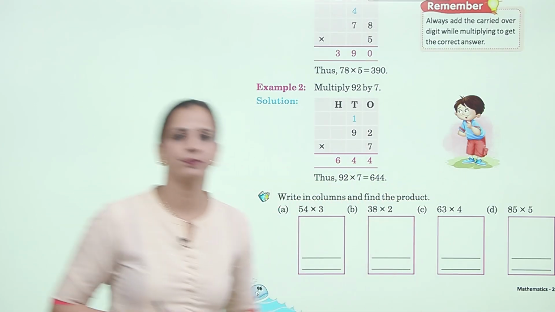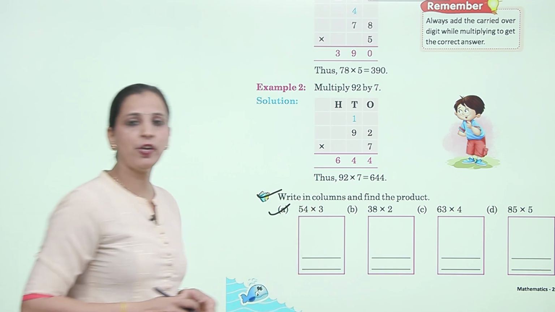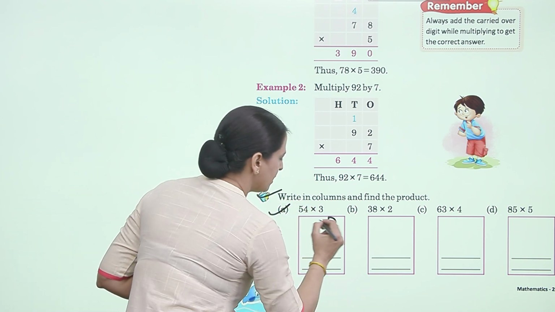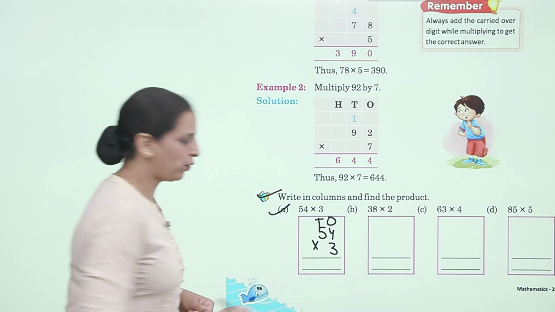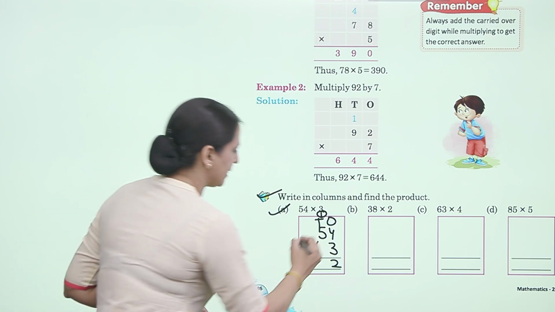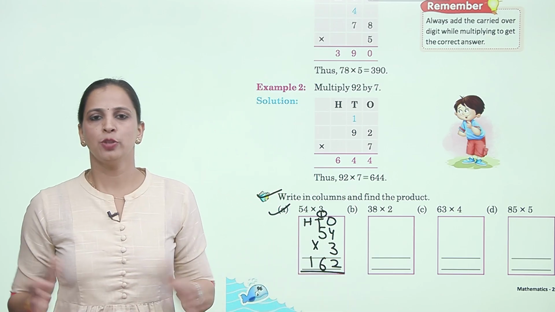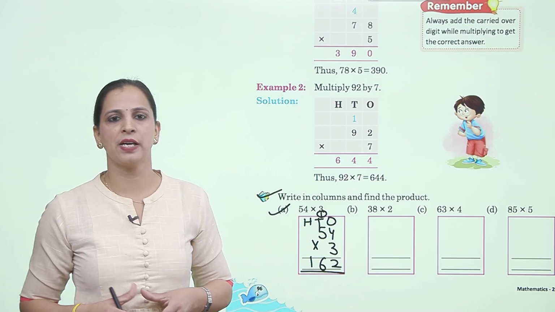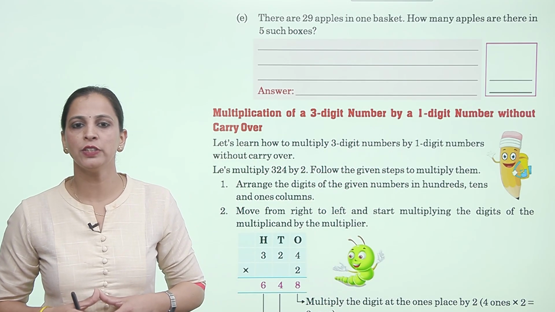Now write in columns and find the product. ए पार्ट 54 मल्टीप्लाई बाय 3, तो ones tens, 54 मल्टीप्लाई बाय 3, 3 4s are 12, 2 कैरी 1, 3 5s are 15 प्लस 1 is 16, तो hundreds प्लेस भी 1, 6, 16, आंसर इज 162। तो बच्चों सेम मेथड को यूज करते हुए बाकी के पार्ट्स आप खुद ट्राई करेंगे।